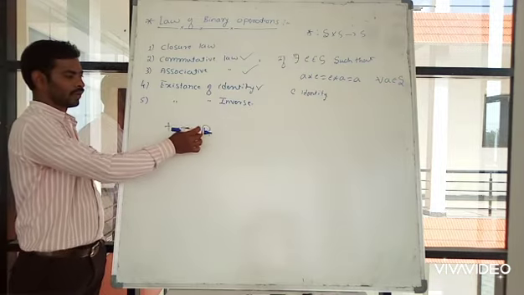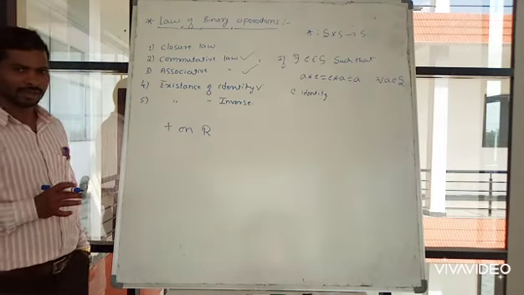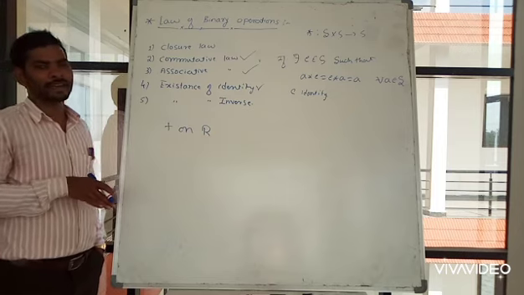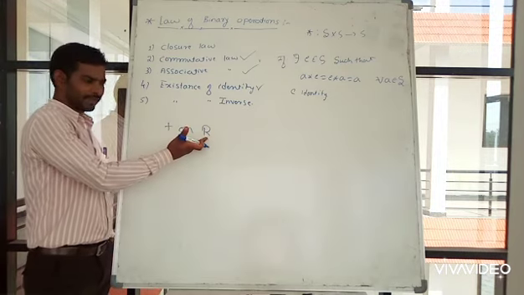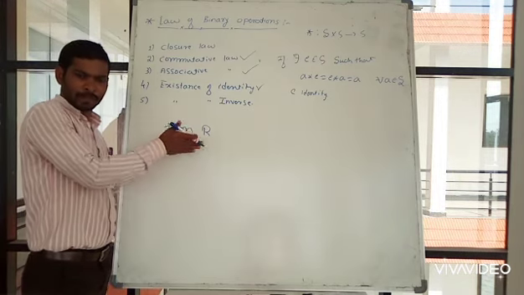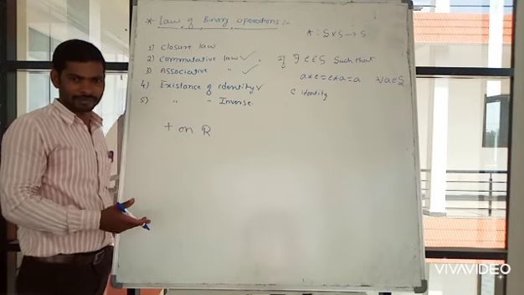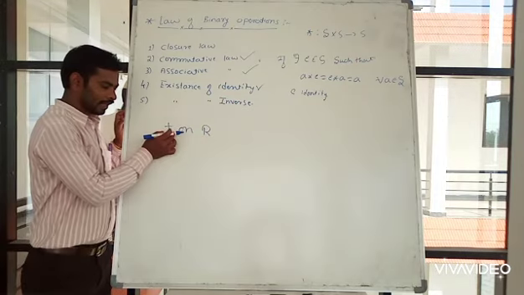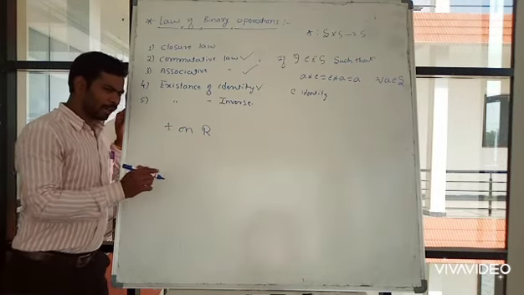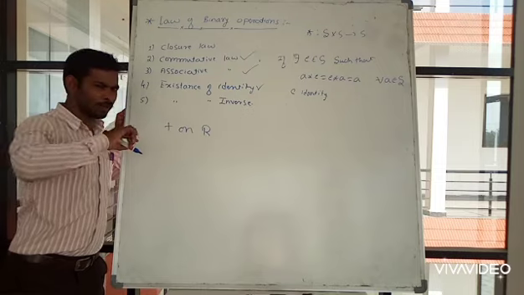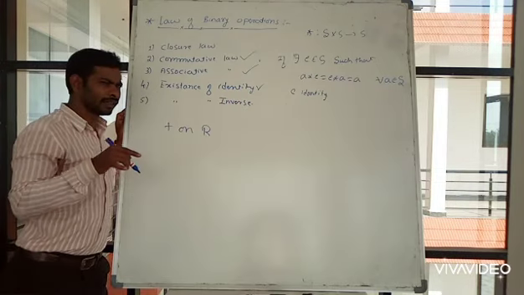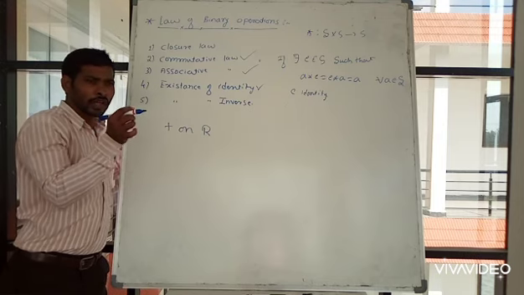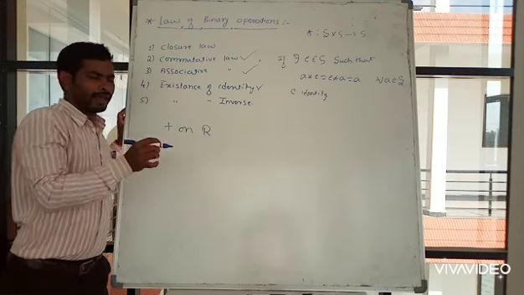Right? This is addition on the set of all real numbers. In this set, what is the identity element? If there is any identity element, if it exists, then what is that identity element? Say, in this set of all real numbers, there is a number such that if you apply the operation star,